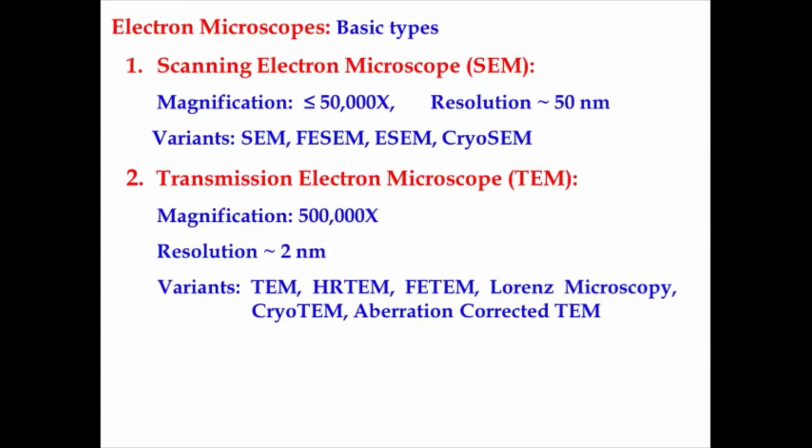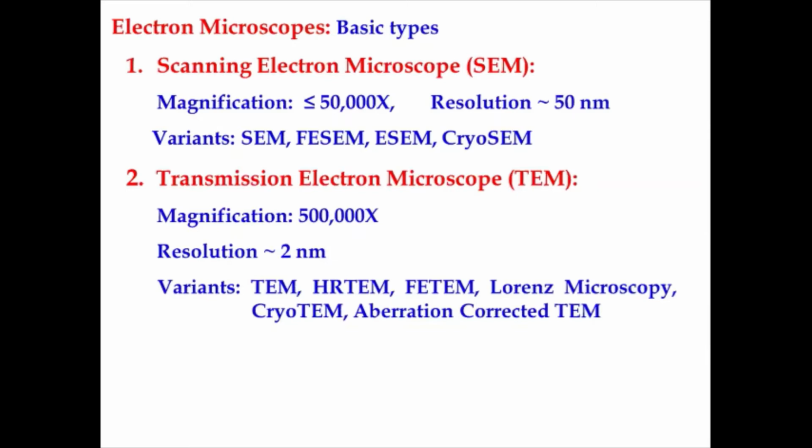A scanning electron microscope again has different variants or types based on what type of electron source it is using. So based on the type of electron source, we have a simple scanning electron microscope or field emission scanning electron microscope. Depending on the operational conditions and application, we have a biological or environmental scanning electron microscope or